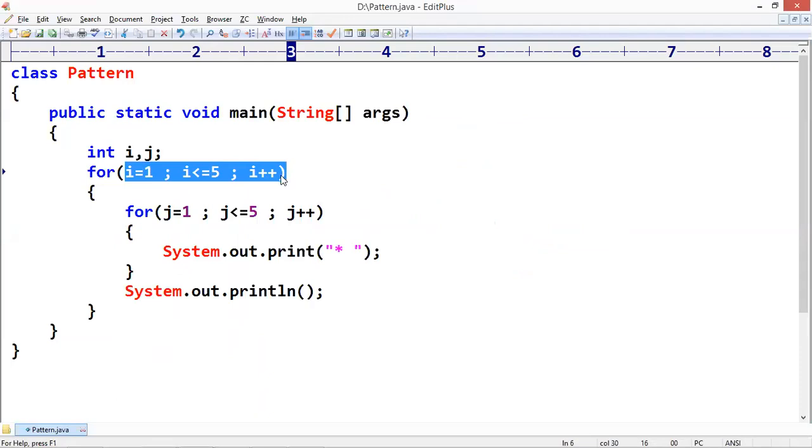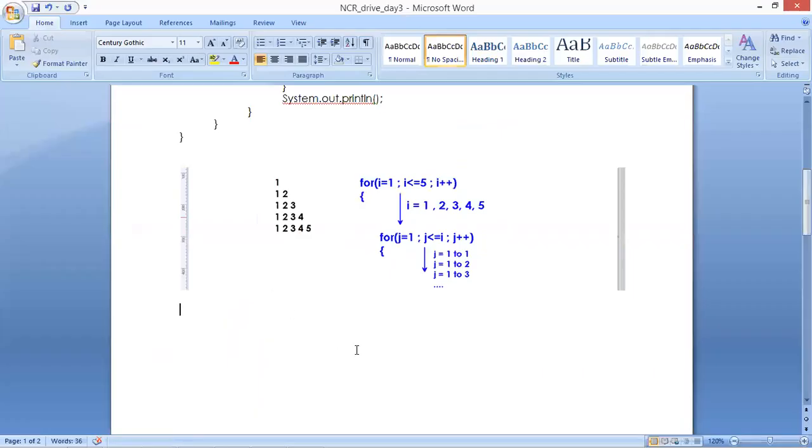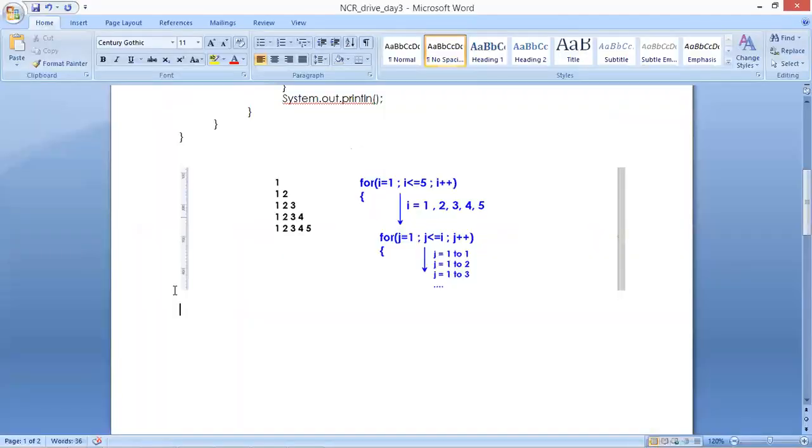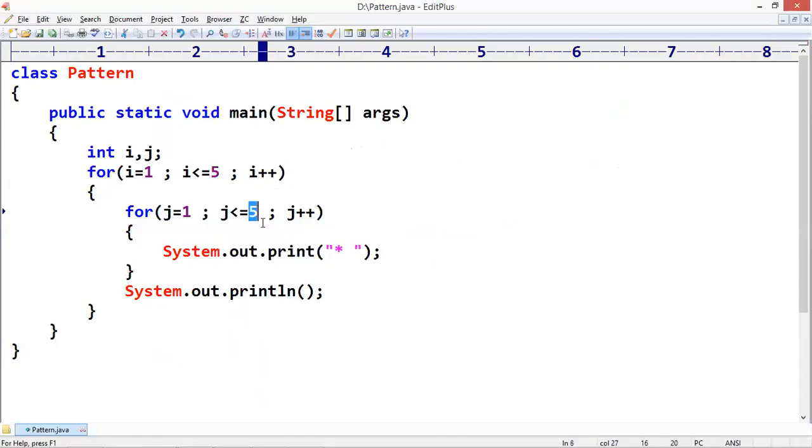Next, the inner loop always displays the content. So every time that value starts with 1 and ends with 1, 2, 3, 4, 5. Sir, what is 1, 2, 3, 4, 5? First time 1, 2, 3, 4, 5, that is i. So it starts from 1 to i.